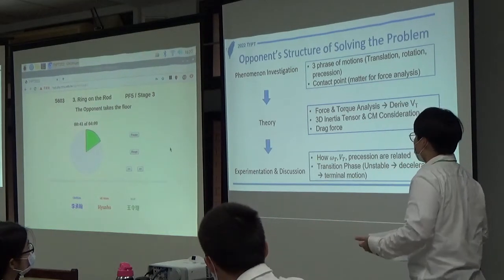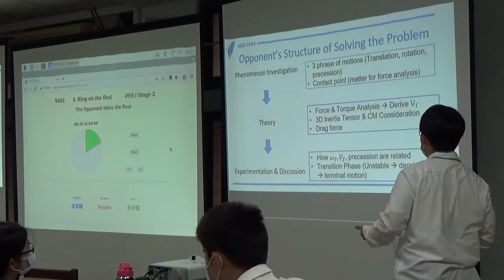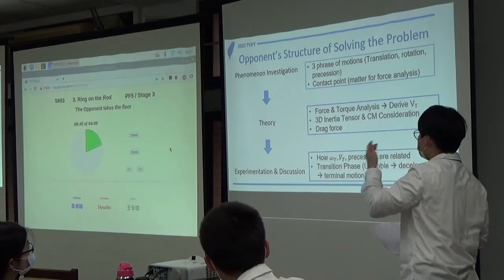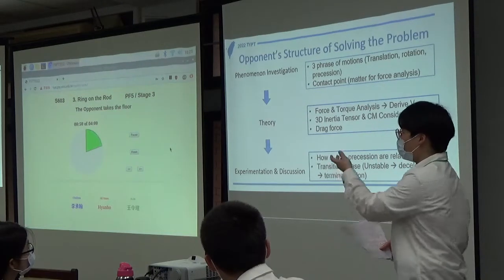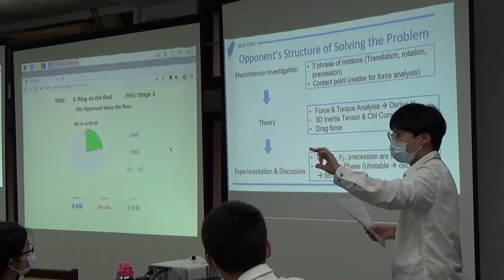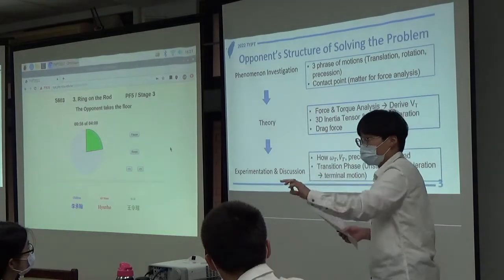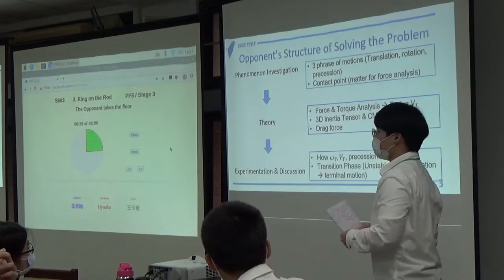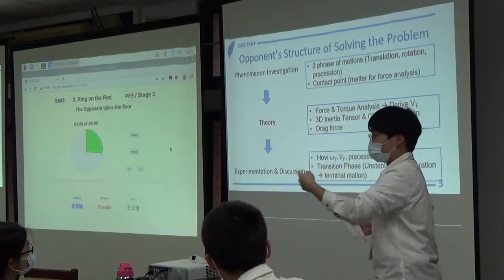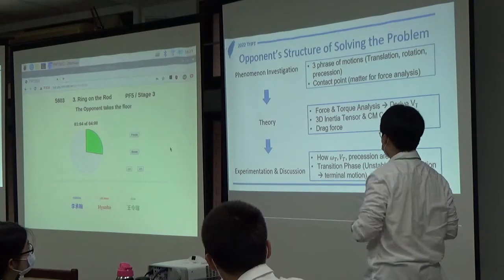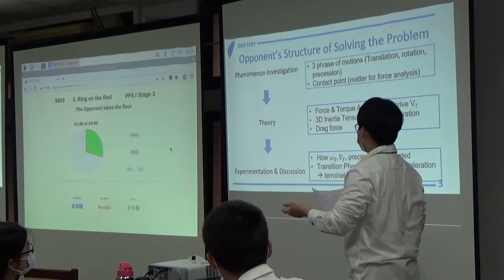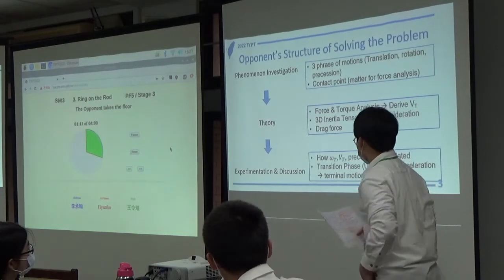Then I'll move on to the theory, talk about the force and torque analysis, and derive those to find the terminal velocity. And I'll use the 3D inertia tensor instead of just using a fixed inertia tensor, because the washer is moving and it has a different inertia throughout the motion of the phenomenon. And we will also consider that the center of mass is not fixed, but rather moving based on the rotation of the washer. We will also talk about the drag force. And then I'll talk about the expectation of discussion of how omega and dθ/dt precession are related,